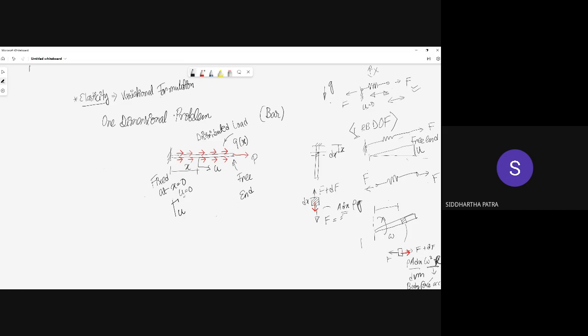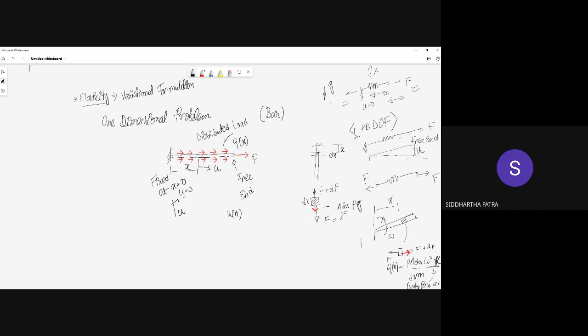So this is the x, and if you imagine the bar is rotating about its axis, so as you can see, this q of x could be a function of x. That's all I'm trying to say here. Whatever it may be, we are trying to solve a general situation. Imagine you have a bar which has a distributed load as well as a point load at the tip, and at one of the ends it is fixed, and we need to find out how u of x should be.